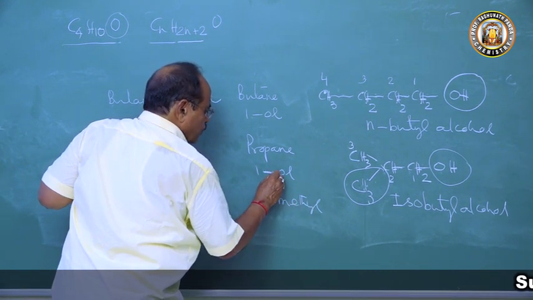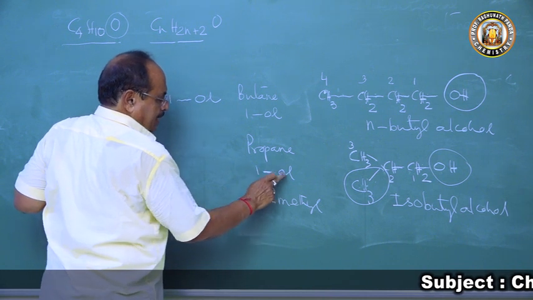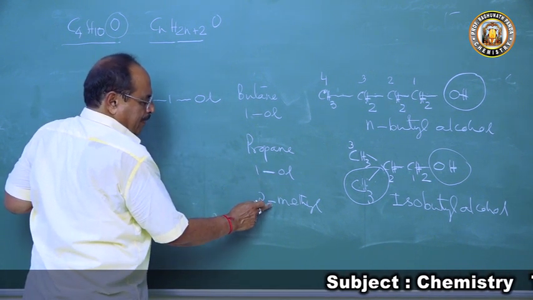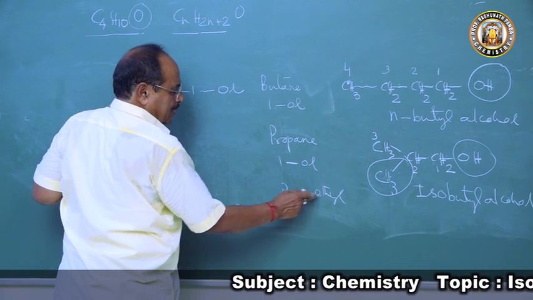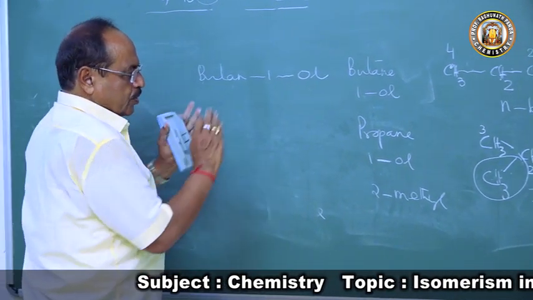So this hyphen means 1: the first carbon atom is attached to the alcohol. This hyphen means 2: the second carbon atom is attached to the methyl. So first you write the